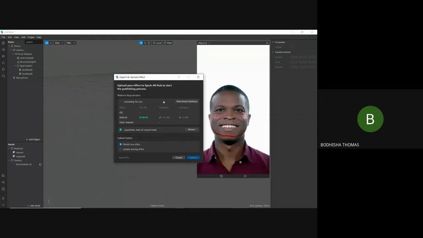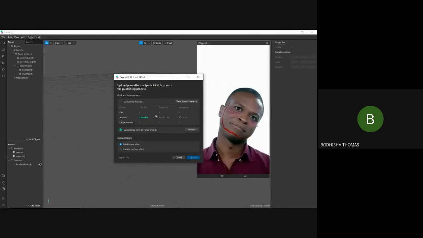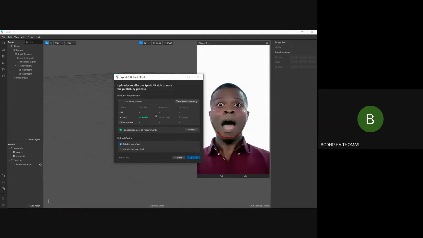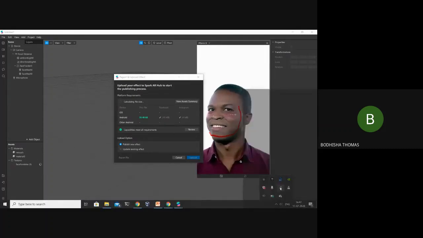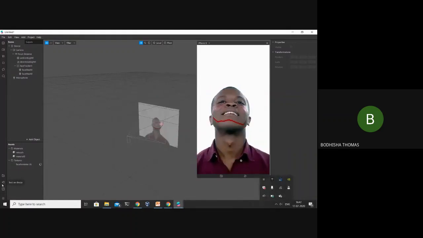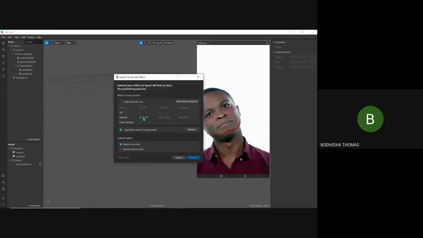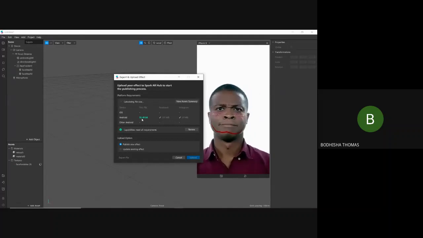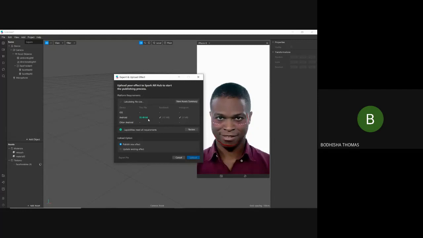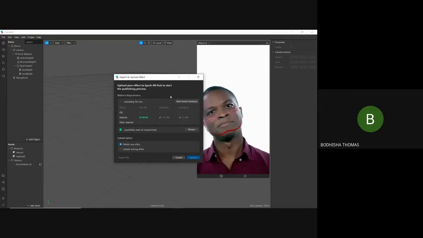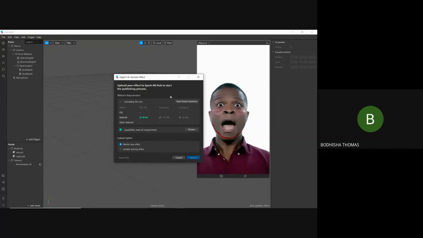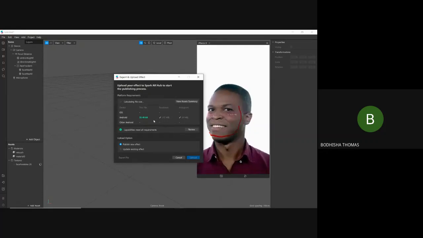And once it is complete, it will take some time. What you have to make sure here is that the maximum size you can have is 4 MB. Make sure your assets, all your filter just goes below this 4 MB size. I think my net issues, it will take some time.